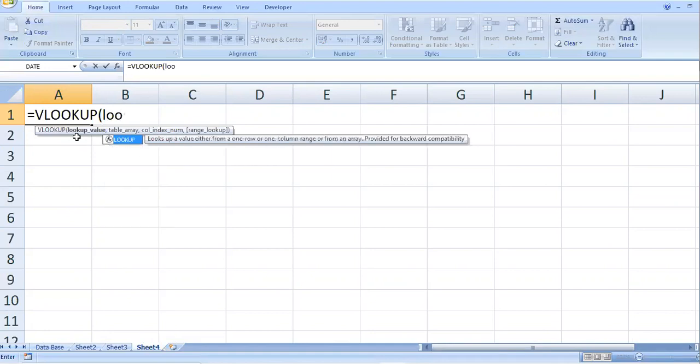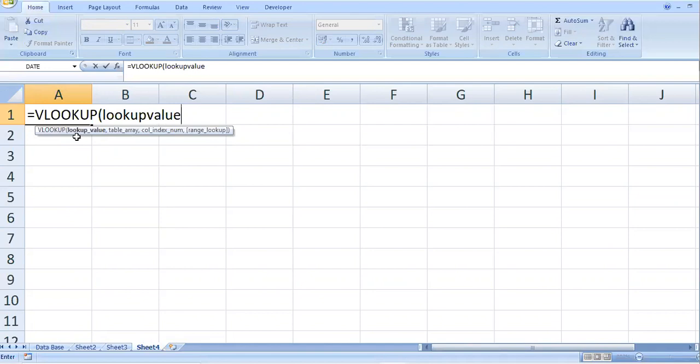And immediately after pressing comma, the second argument Excel will ask you is the table array. It is asking you where the data is stored so that I can retrieve the information to you. So the second argument is the table array.